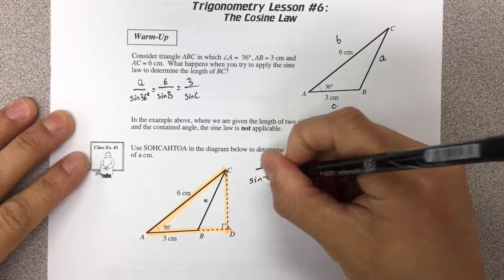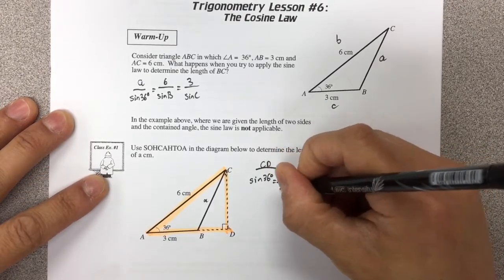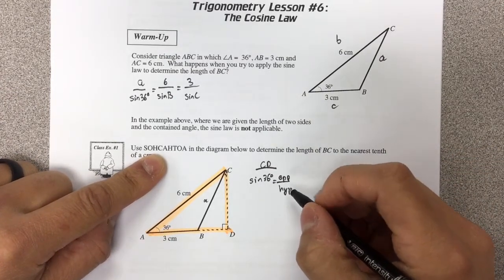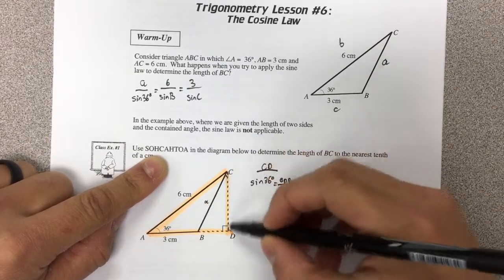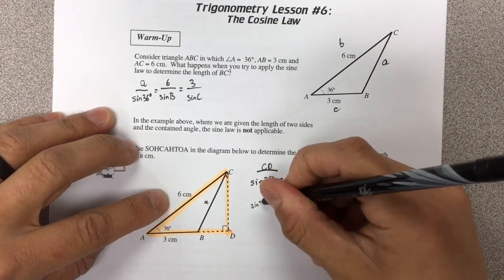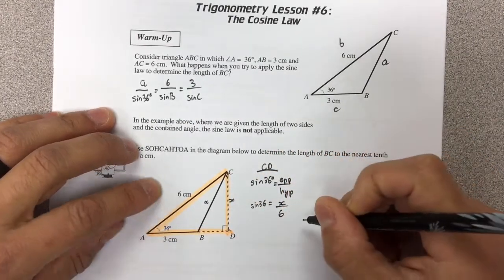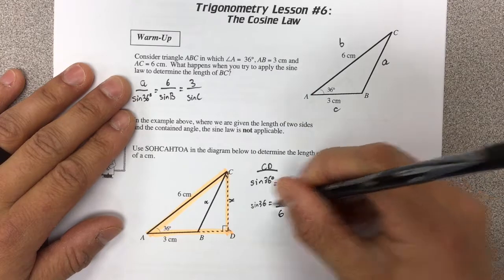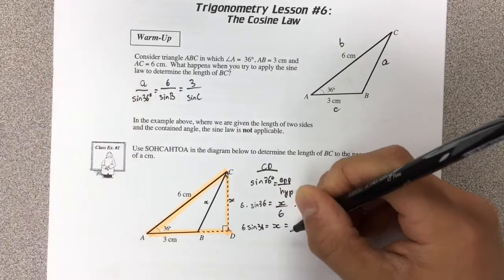So sine of 36 degrees is equal to opposite over hypotenuse, right? We're using SOHCAHTOA here. So sine 36 is equal to opposite over hypotenuse, and the opposite side of this triangle, my big orange triangle, is 6 centimeters. Or sorry, that's my hypotenuse. And so I would have sine 36, and I'm going to call this x, is equal to x over 6. And so in order to solve for x, we just got to multiply both sides by 6. And so 6 sine 36 is equal to x, which equals